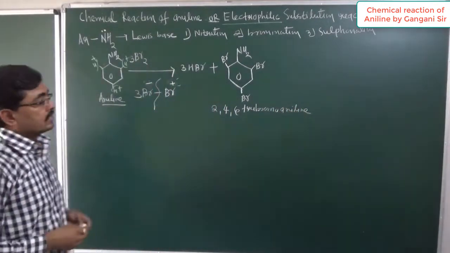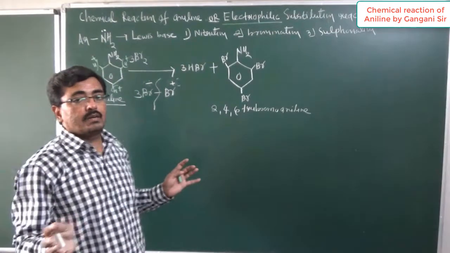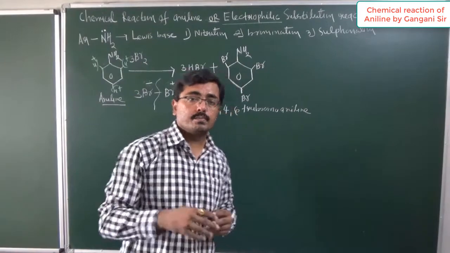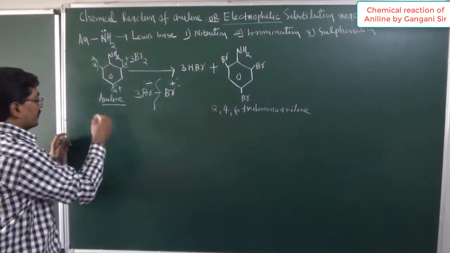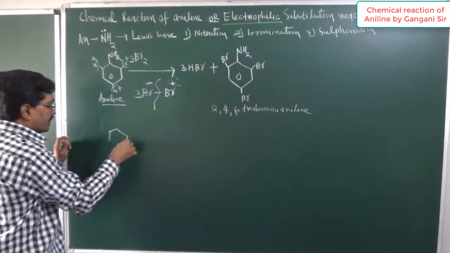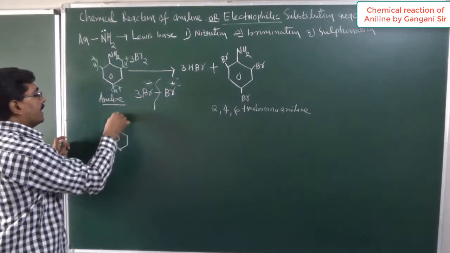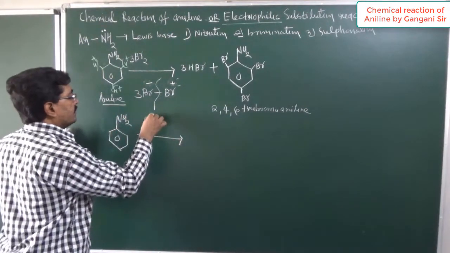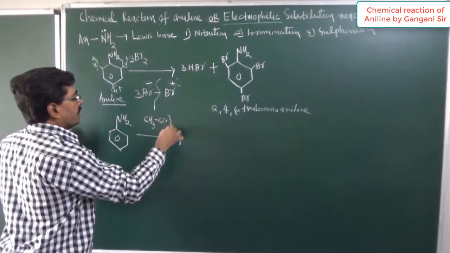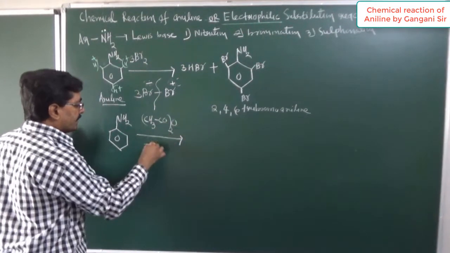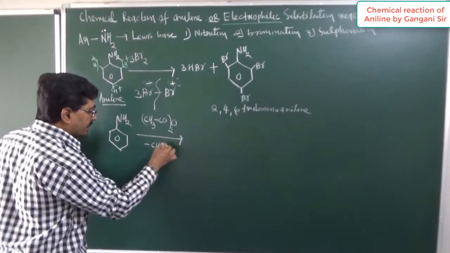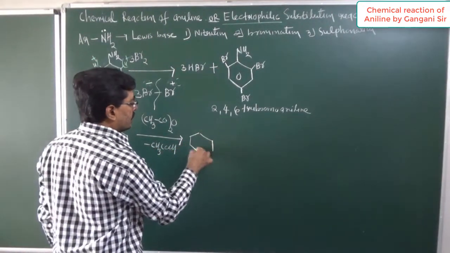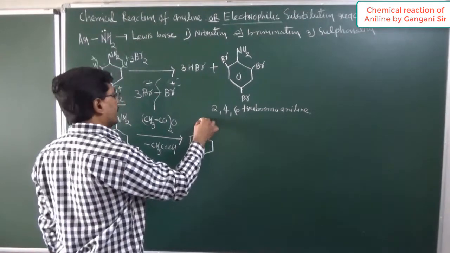Now same reaction, suppose I want to obtain only para product, only one mono substituted product is obtained, then we have to block this amino group. So now this amino group is blocked by using acetic anhydride. Now it allowed to react with the acetic anhydride. Now when it reacting with acetic anhydride, byproduct will be acetic acid, and we will get this structure. This is known as acetanilide, NHCOCH3.